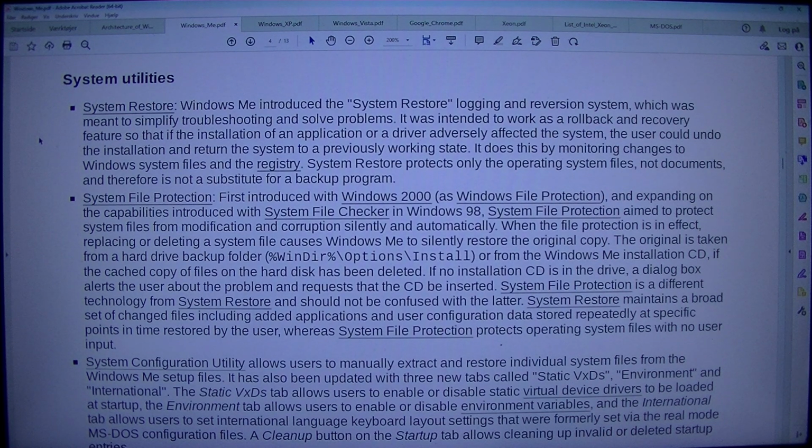System File Protection, first introduced with Windows 2000 as Windows File Protection, and expanding on the capabilities introduced with System File Checker in Windows 98. System File Protection aimed to protect system files from modification and corruption silently and automatically. When the file protection is in effect, replacing or deleting a system file causes Windows Me to silently restore the original copy. The original is taken from a hard drive backup folder,